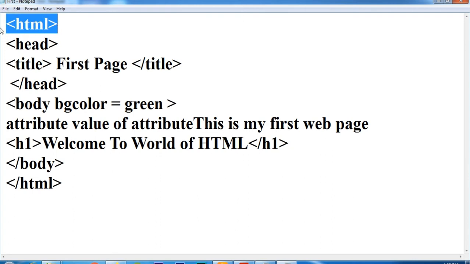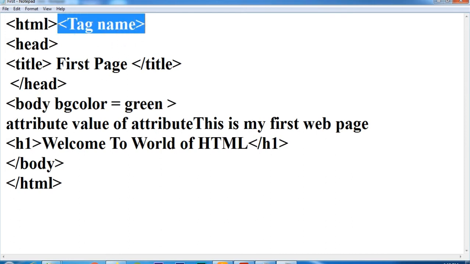These signs include a tag name. So the opening and closing brackets include what? The tag name.